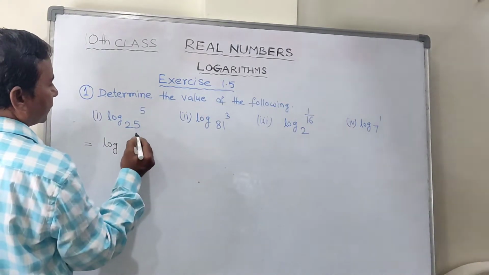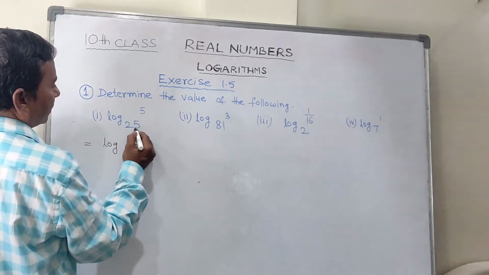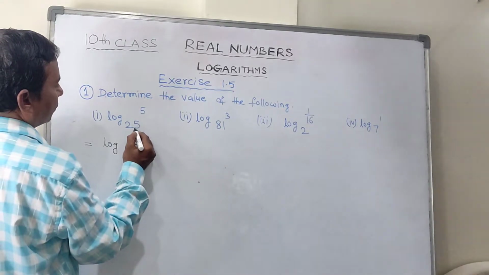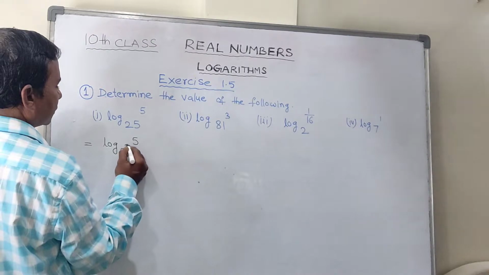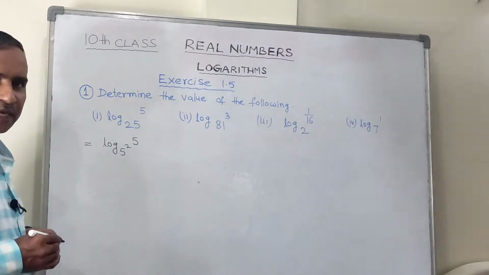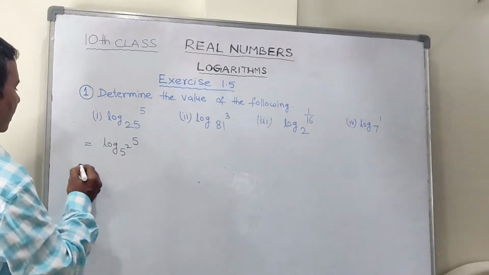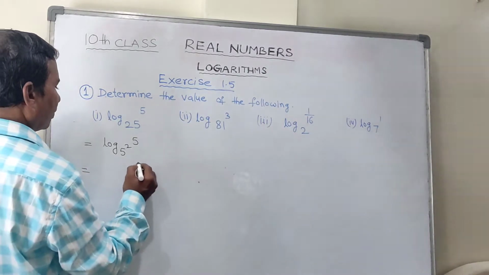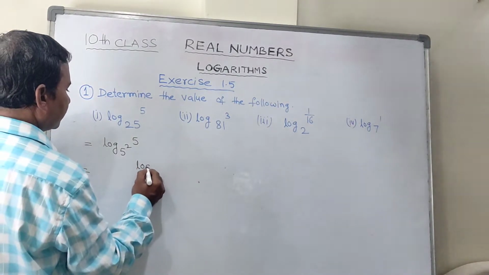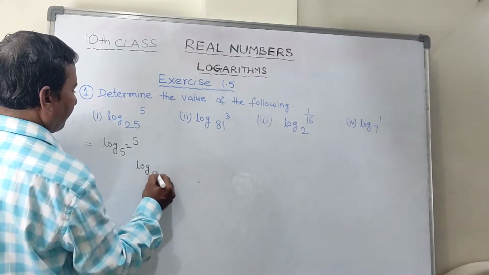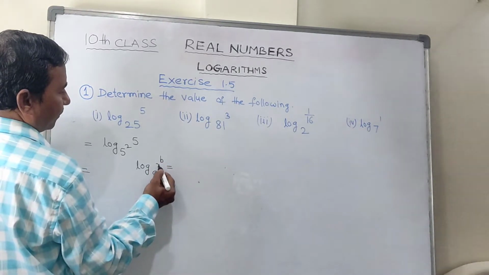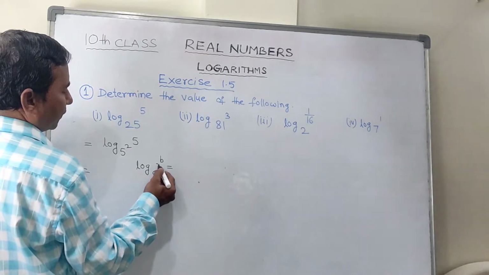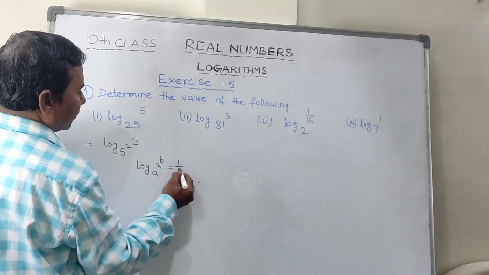Log 5 to the base 25, let us write 25 in exponential form. How to write 25 as a power? Like 5 square, isn't it? 5 into 5 becomes 25. So we have one formula already. Whenever the exponent is there in the middle, it becomes division, means 1 by x